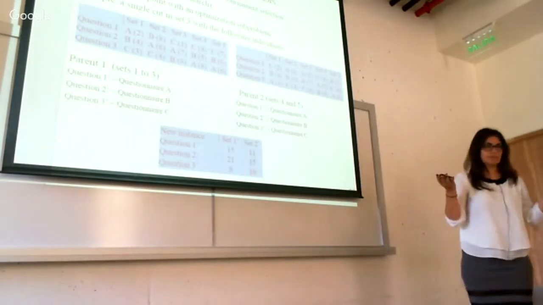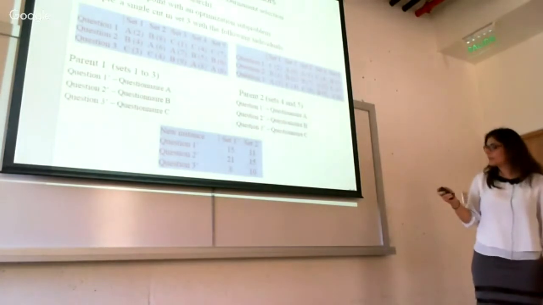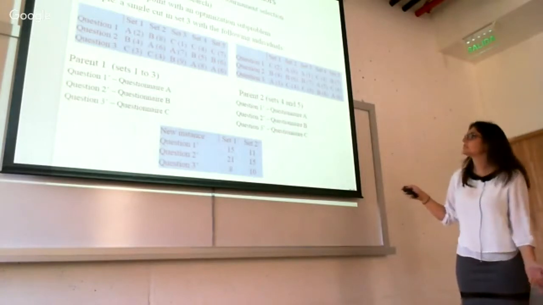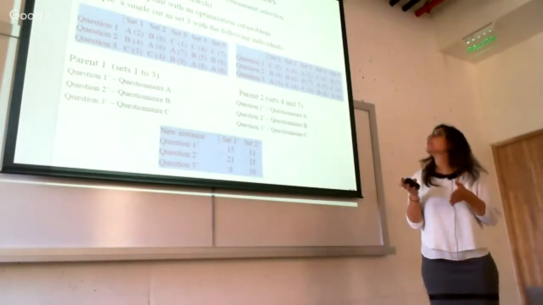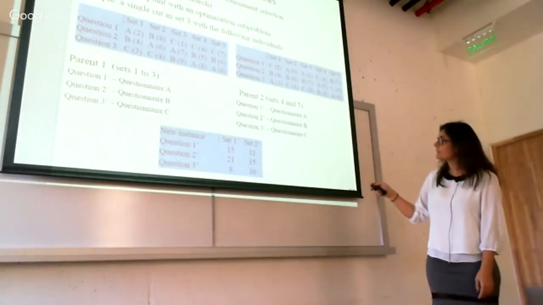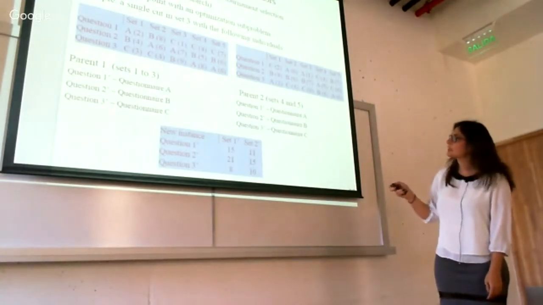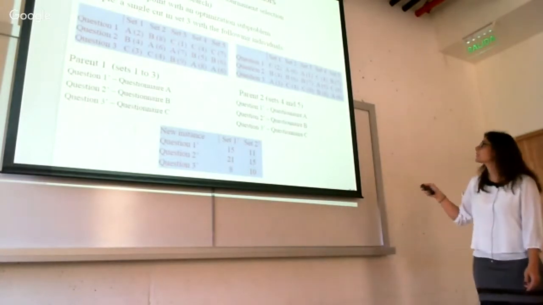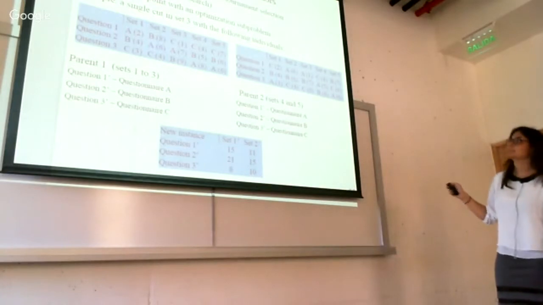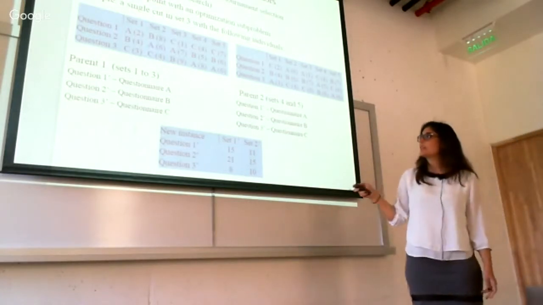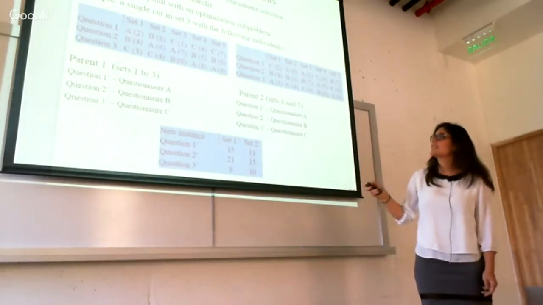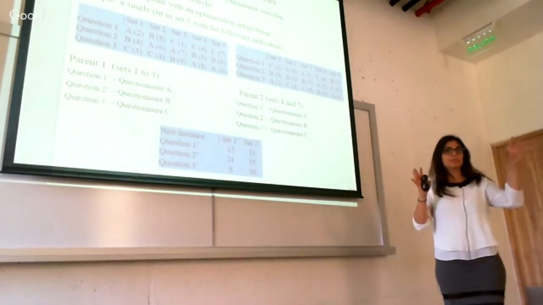So I'm going to explain this with an example. Suppose we have these two individuals as the parents, any two individuals, yeah? And we have one single cut in set 3. So the information of the first parent, we will use the information up to set 3 from the first parent and the information from sets 4 and 5 from the second parent. And what we do is we take everything that's assigned to questionnaire A in the first parent,